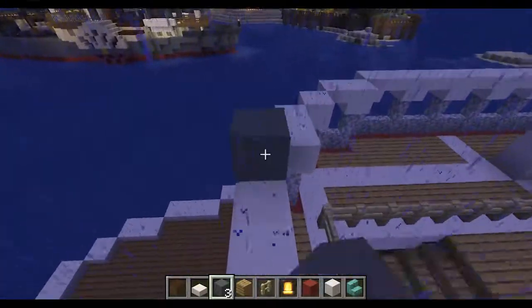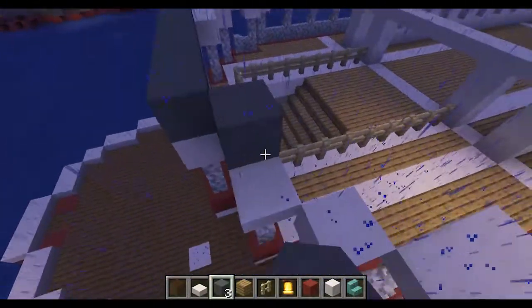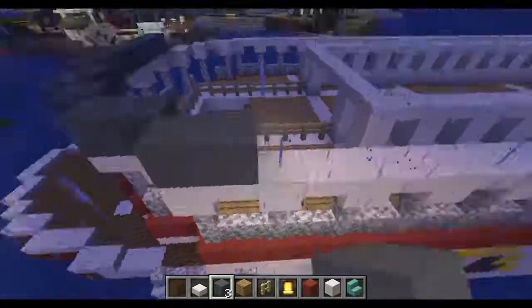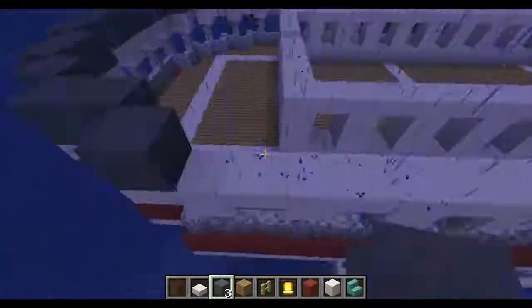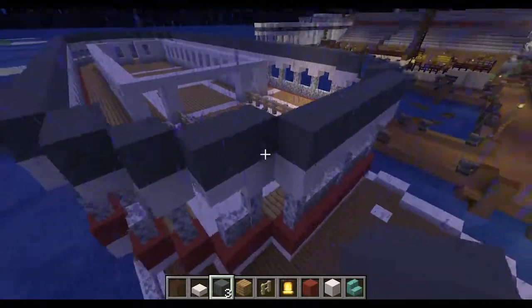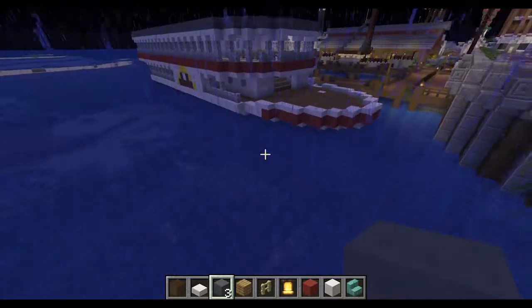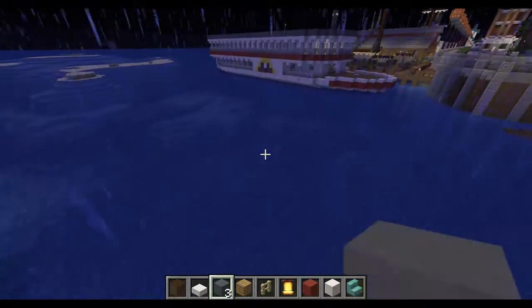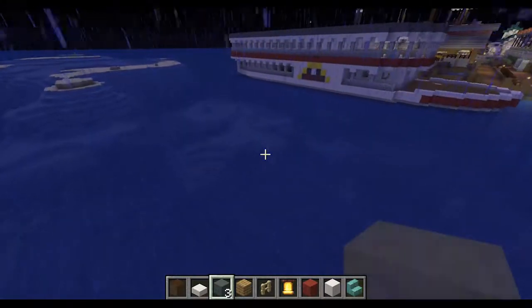Just gonna add in one more layer of this cake. Nice big black, dark gray. Very good. Alright. Looks pretty good.